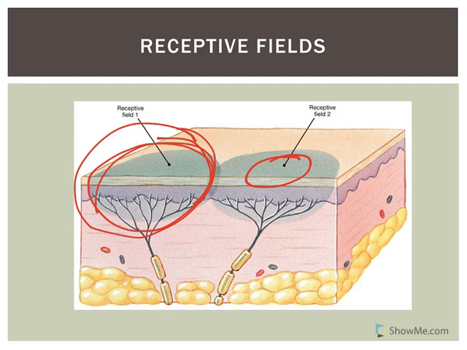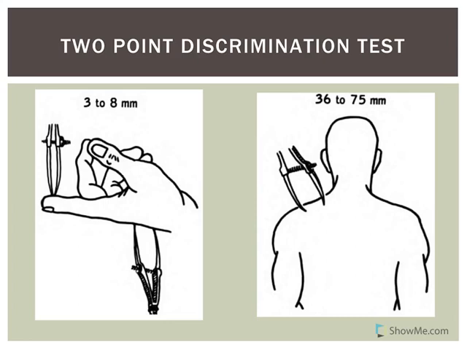And I'll give you an example. Something that could be done in lab is something called a 2-point discrimination test, where they take these specialized little calipers and keep them really close together, and place them on a particular body part. The subject's not going to look at it, but they're going to tell you, do I feel 1 or 2 points? You start real small, and they say, okay, I feel 1 point, and you keep slowly opening that up like you see here. You move it about a millimeter at a time, and the subject says, I still feel 1 point. Oh, still feel 1 point. The point where they say, oh, I can distinctly feel 2 points, that's where